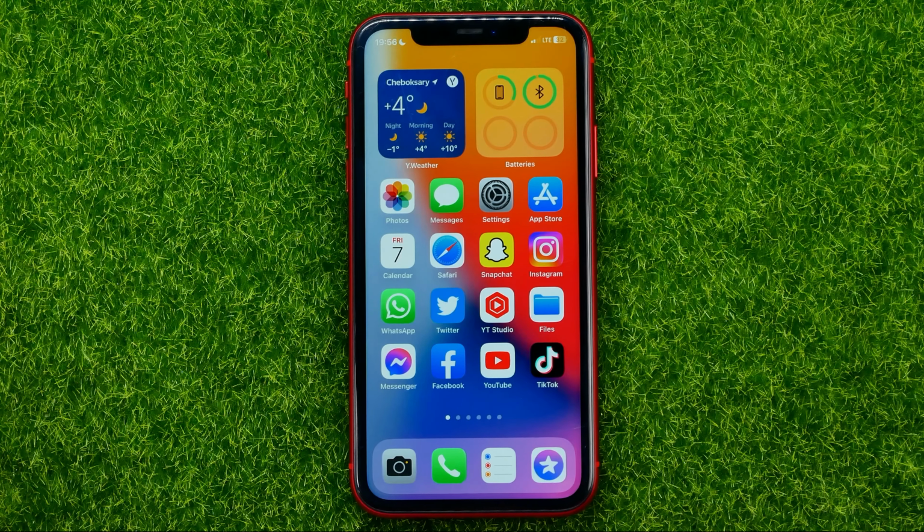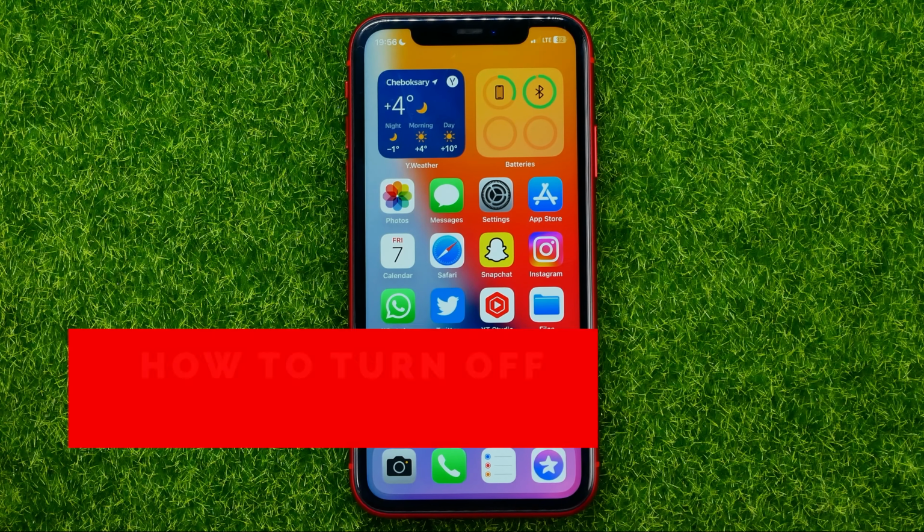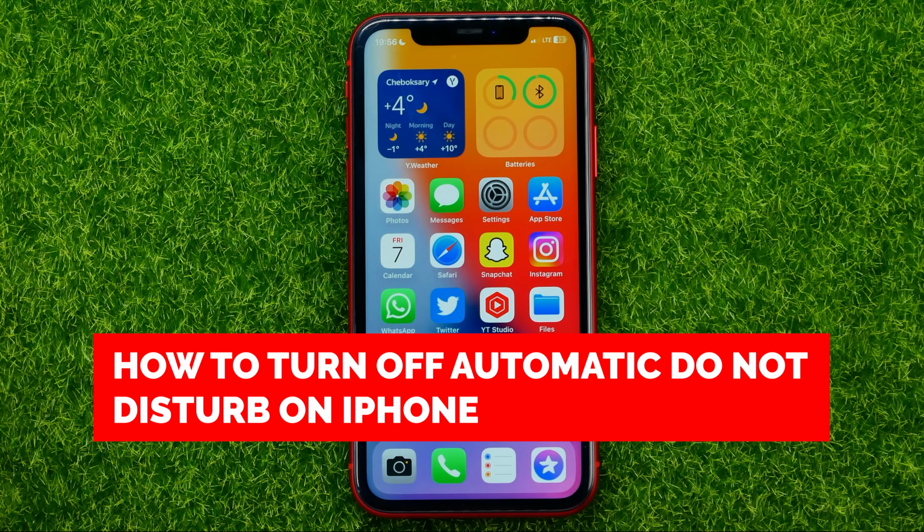In this video, I'm going to show you how you can easily turn off automatic Do Not Disturb on your